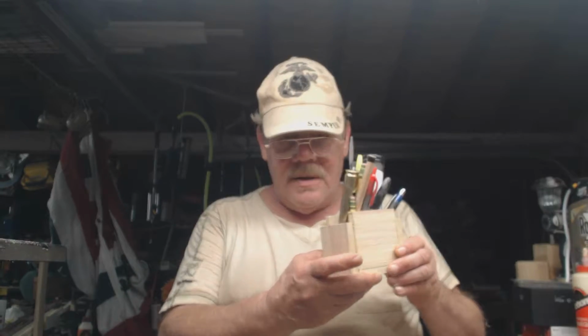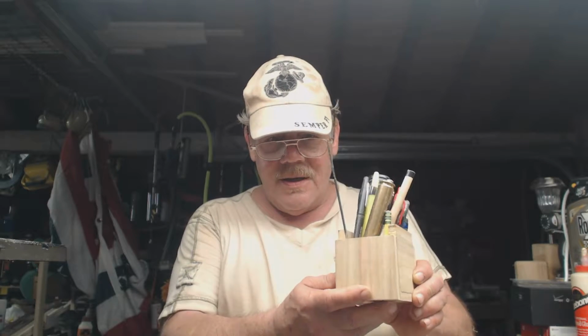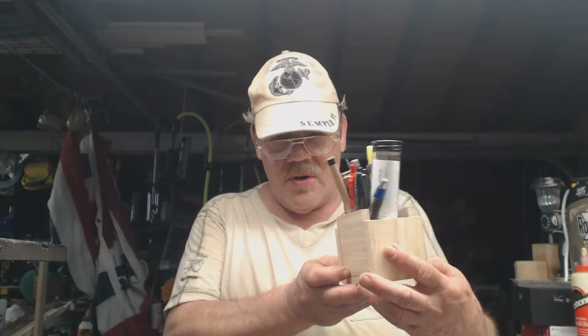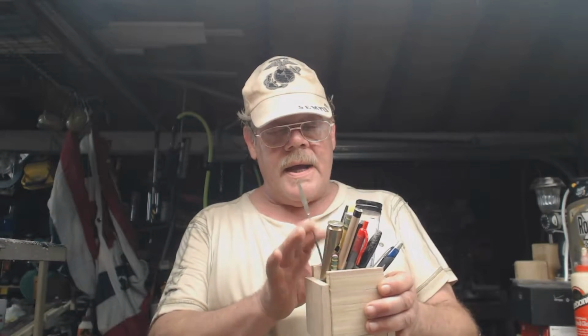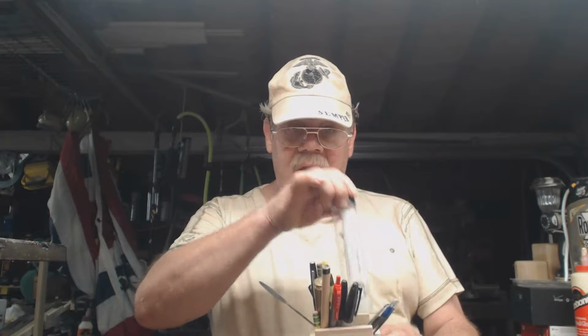Well, here is the finished box. I decided not to drive nails into the side. It's just glued because, hey, it's for the shop and it worked fine, right? Now, like I said, there are a lot of marking tools in here. One of my favorites